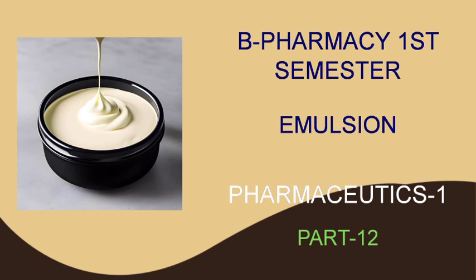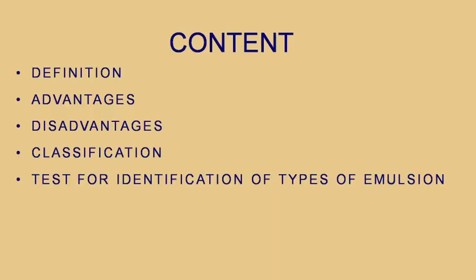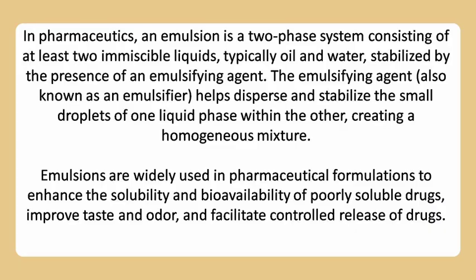In this video we are going to study about the topic emulsion, which is a part of Pharmaceutics Part 1. So let's start. Contents covered in this video are definition, advantages, disadvantages, classification and test for identification of types of emulsion. First, about emulsion. In pharmaceutics, an emulsion is a two-phase system consisting of at least two immiscible liquids, typically